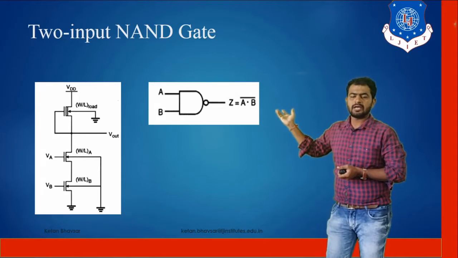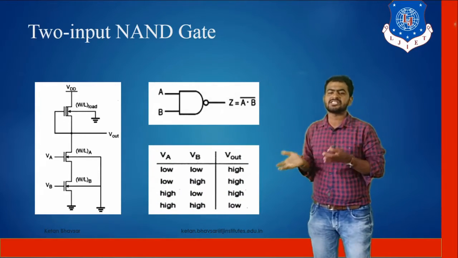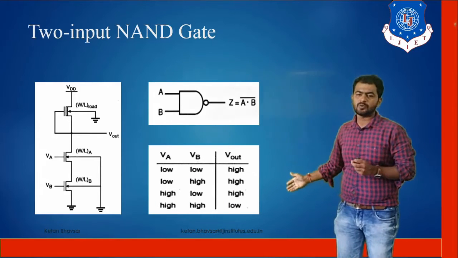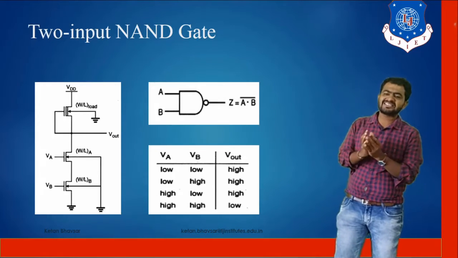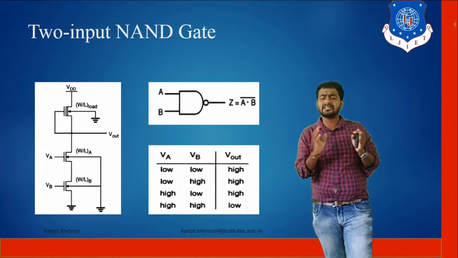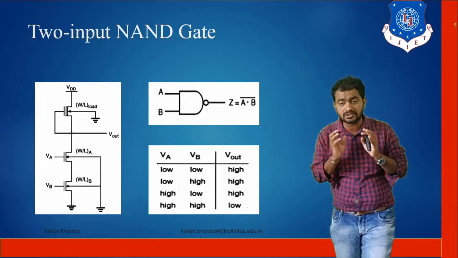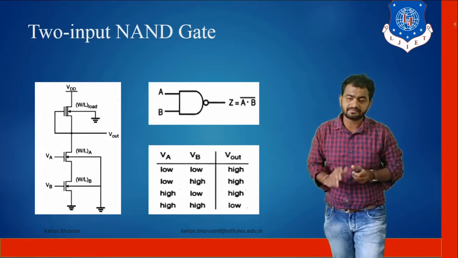So these are the differences between the NAND gate and the NOR gate. These are the symbolic diagram and the total circuit. As you can see, it's a totally opposite variation from the NOR gate, because here when both inputs go high, the output goes low, and for the other possibilities the output goes high. This NAND gate and NOR gate you already studied in semester 3, so you should get a better idea if you know digital design.